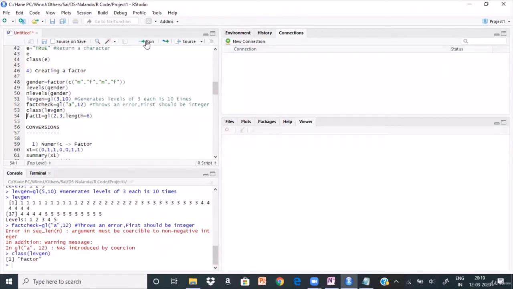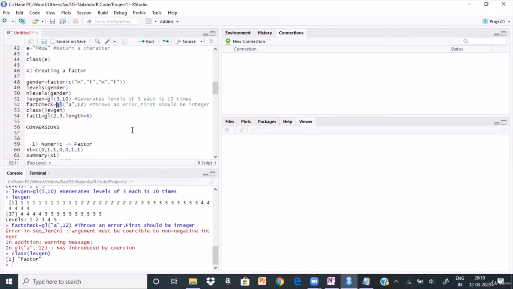Look at this. Automatically, when we are talking about GL, when you generate the GL, this variable by default belongs to the factor class. That is why, when this example has been shown, the class legend automatically shows you a factor variable. So not necessarily do you have to use factor to define this. You can use the GL also and define the variable, which will become a class type factor. Is that clear to you?